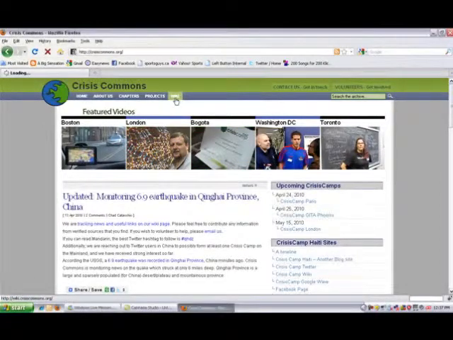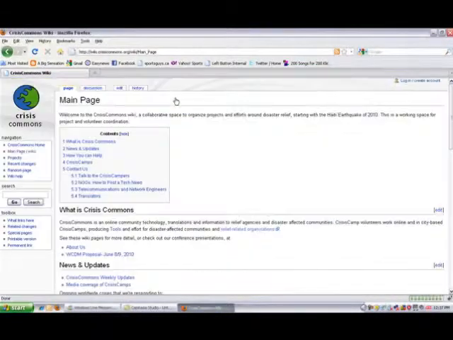And I'm going to click on that. It's going to take me to something that looks a lot like Wikipedia. And it's a lot like Wikipedia because it's built on the exact same software, and that's called MediaWiki. And there are other kinds of wikis, but basically a wiki is a shared knowledge base where anybody can go in, create a new page, edit an existing page, and contribute to the shared knowledge base.